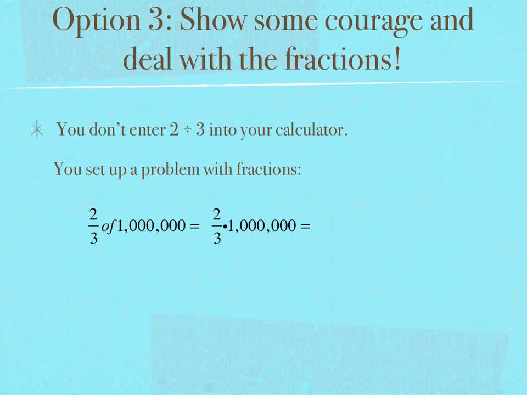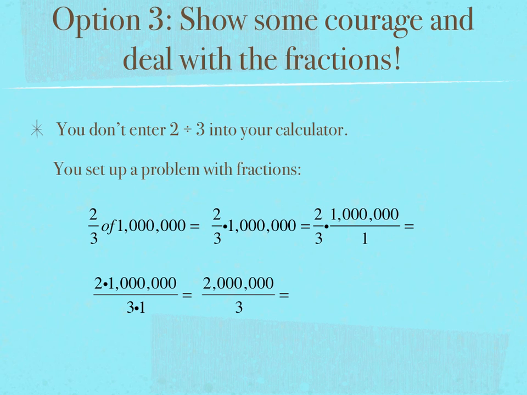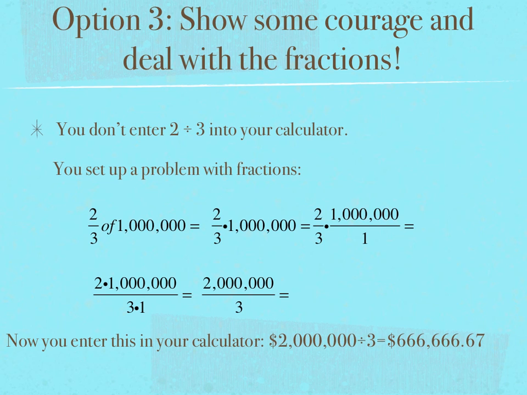And you know that when you're multiplying a fraction by a whole number, it's helpful to rewrite the whole number as a rational number, to write 2/3 times a million over 1. You know that a million over 1 is just a million. You're rewriting the same number a different way. And you know that when you multiply fractions together, you multiply the numerators, so the top is 2 times a million, and place that over the product of the denominators, 3 times 1. When you do this multiplication, you get 2 million over 3. Now at this point, it is fair to reach for your calculator. And when you put this in your calculator, 2 million divided by 3, you get